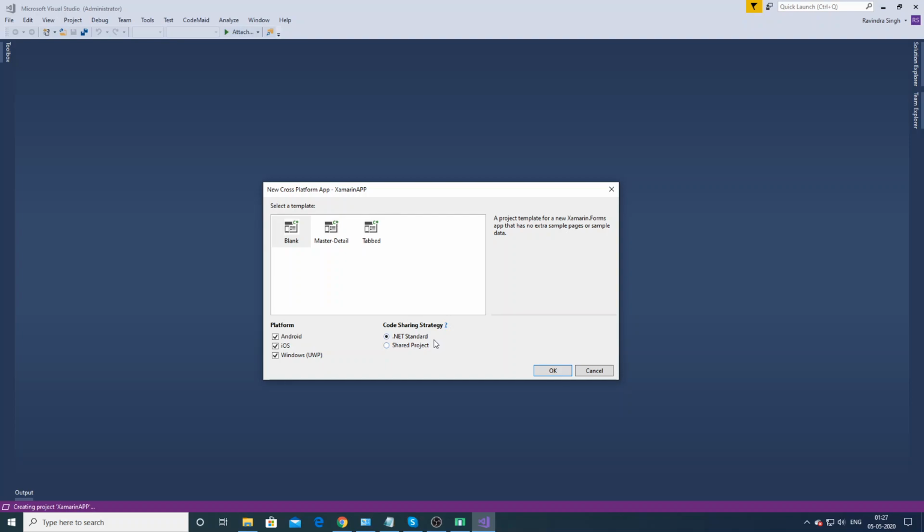There are two strategies for code sharing. One is .NET Standard, another is Share Project. In Share Project, a project is not directly compiled. In other words, no DLL file is produced in the compilation process.